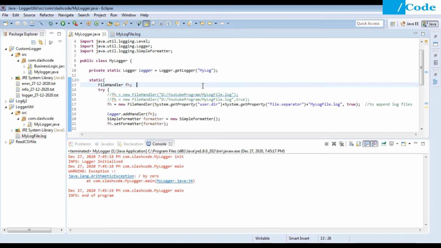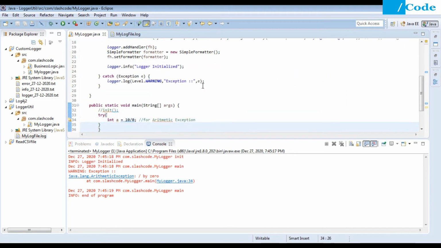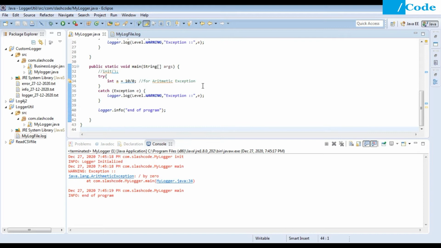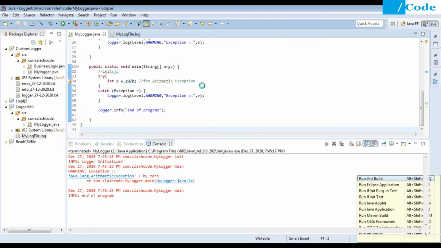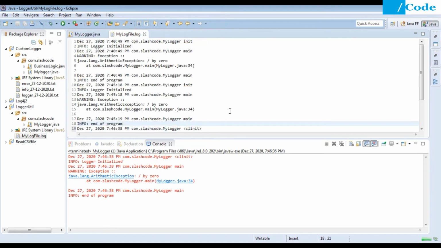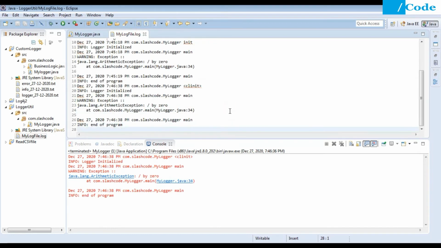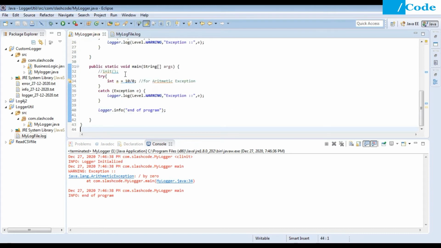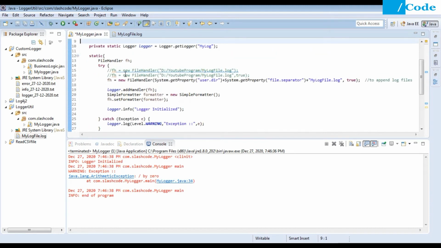Now if you see, the static block executes first, and in the main function this logger will already be initialized. And if you see, logger initialized, and here also we got the exception as 746. Okay, so next we are getting 746. So we have removed this init function also.